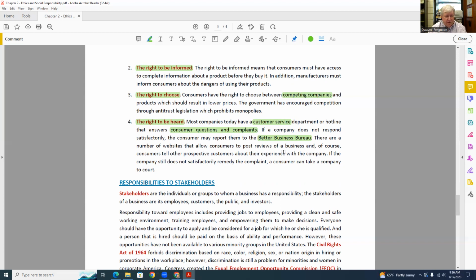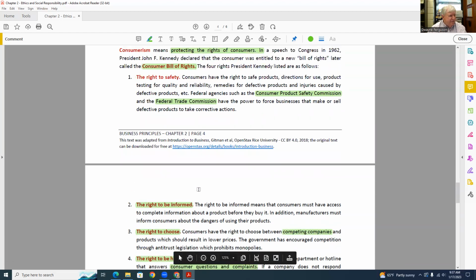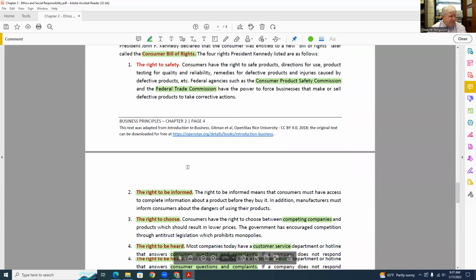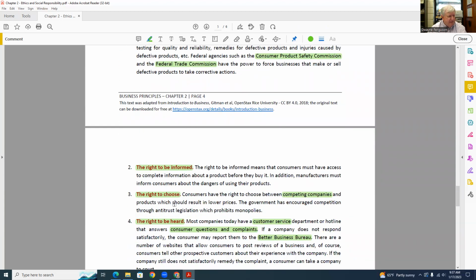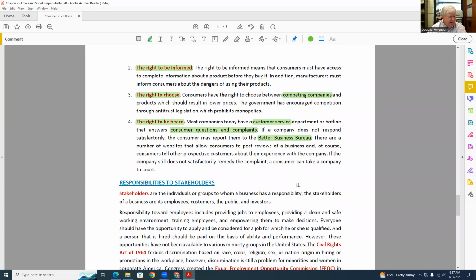And if a product were to injure you, you have the right to hire an attorney and sue that company. So basically, there's more than this now, but John F. Kennedy said you have the right to a safe product, the right to be informed what's in it, the right to choose between products, and the right to be heard if that product is not as advertised. So anyway,